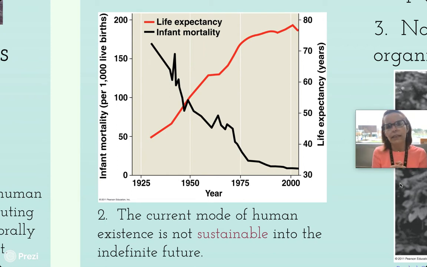But we're also seeing life expectancy increasing, and we're seeing the population increase. The population is not increasing as fast as it used to be. So that's a good sign. We are going to meet our carrying capacity. There's a point where the earth can't carry any more human beings. And when we go beyond the carrying capacity, that means we start running out of food and we have mass starvation. Right now this might be counterintuitive, we actually produce enough food for every single person on this planet to have a 2,200 calorie diet. There's more than enough food on this planet to feed every single person.